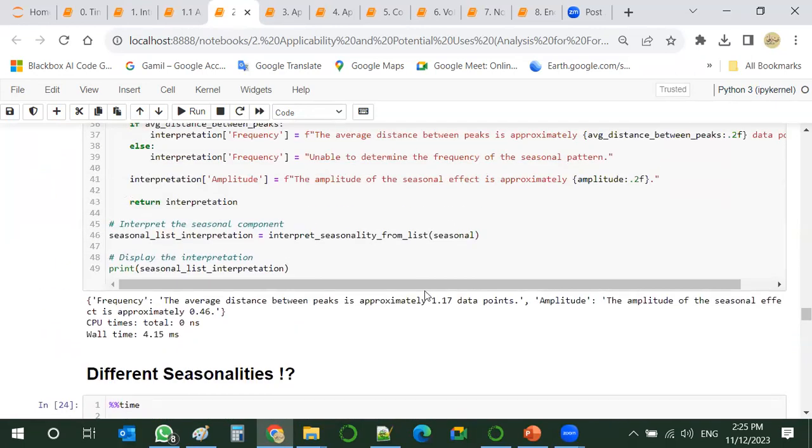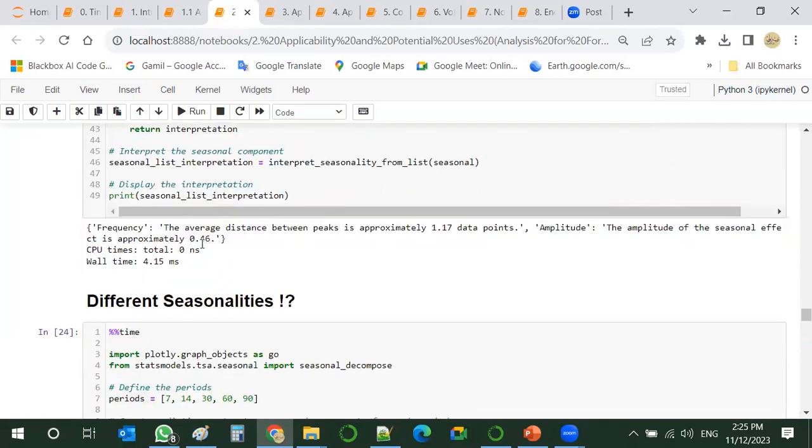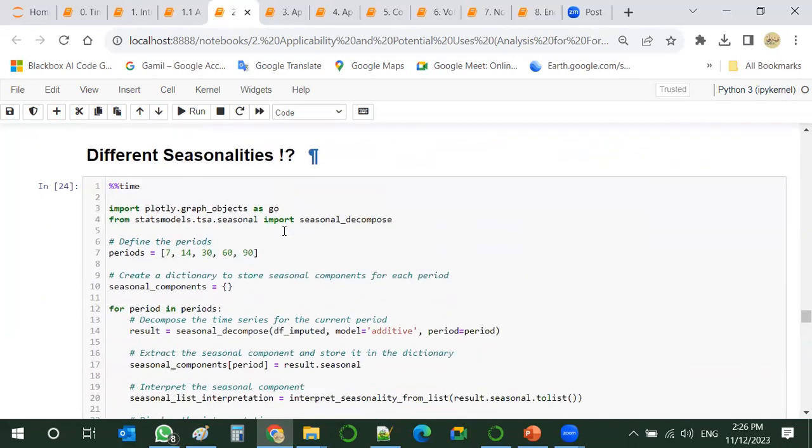So the frequency is approximately 1.1. So whatever happens, it just happens daily, simply. And the amplitude is almost 0.5.